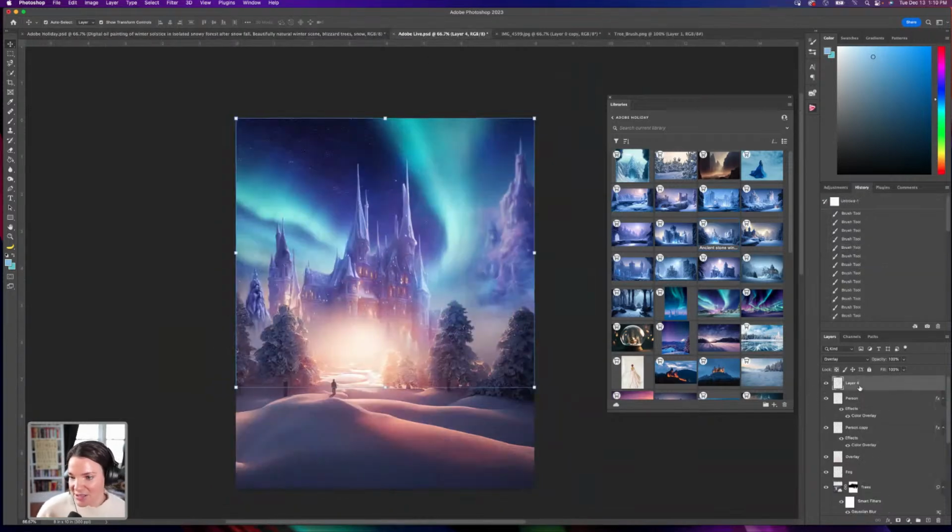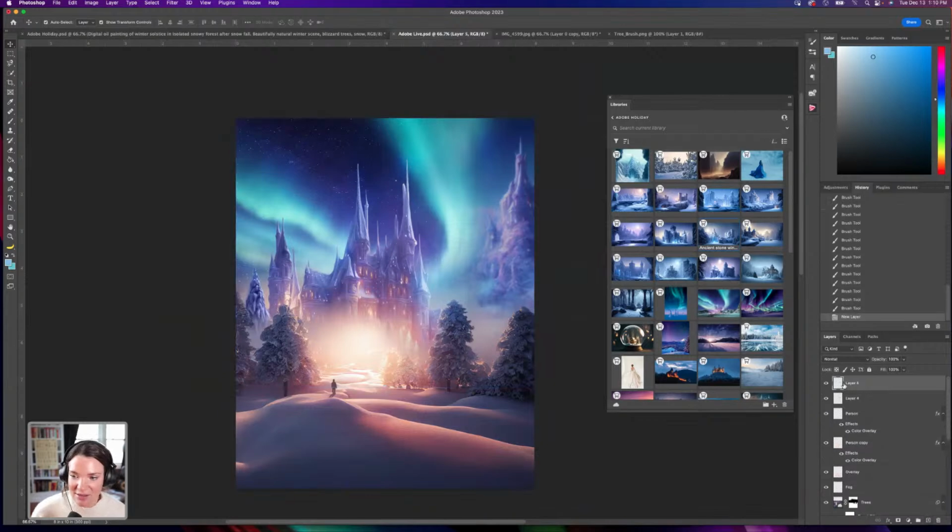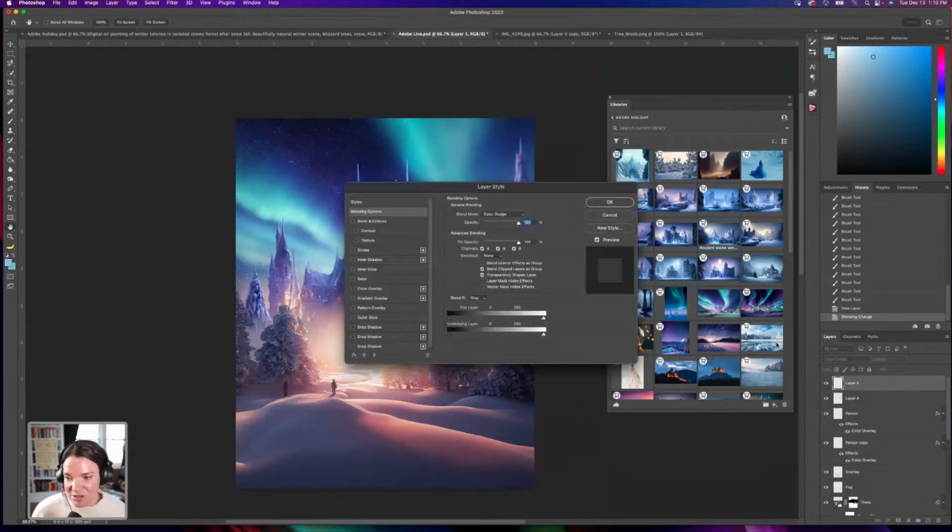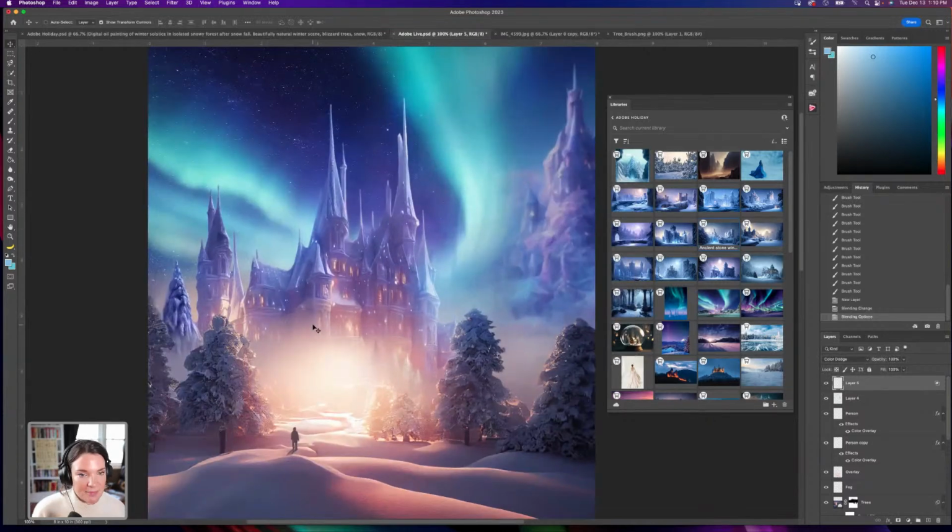Okay, so now that we did our overlay, let's just add a touch more of glow. And this is something that I always love to show on any of my live streams and classes: add a layer and change the blending mode to color dodge. And then we're going to double click on it, turn off transparency shapes layers so that we can create a very nice glow here and click OK. And we're going to zoom in and